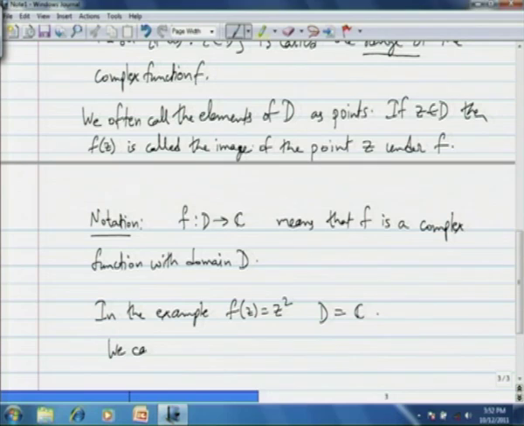Now, what we can do is restrict D to be, let us say, the ball of radius 1 around the origin, which is definitely contained in the complex plane,